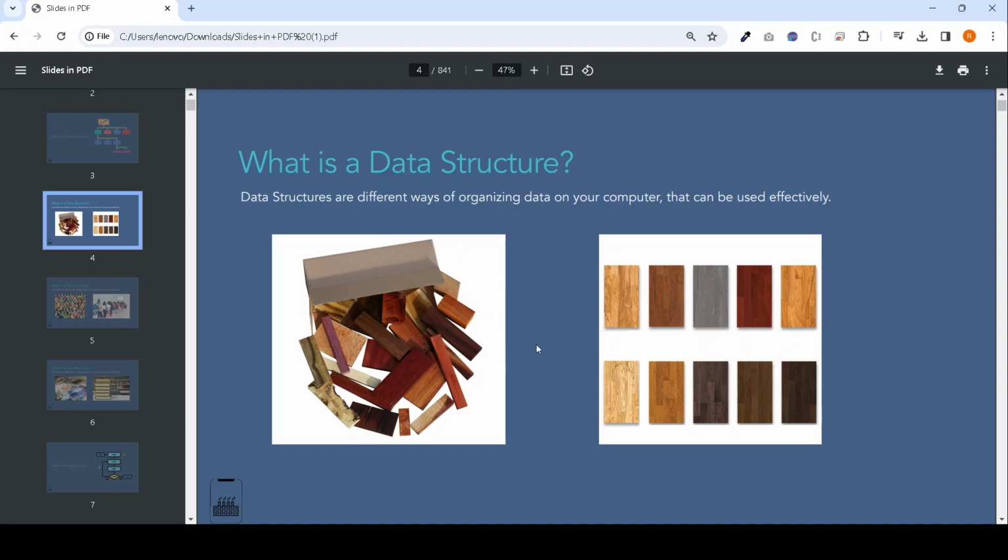But in the second image you can see these items are in an organized way. So we can simply identify which item is located in which location, compared to these unorganized items.